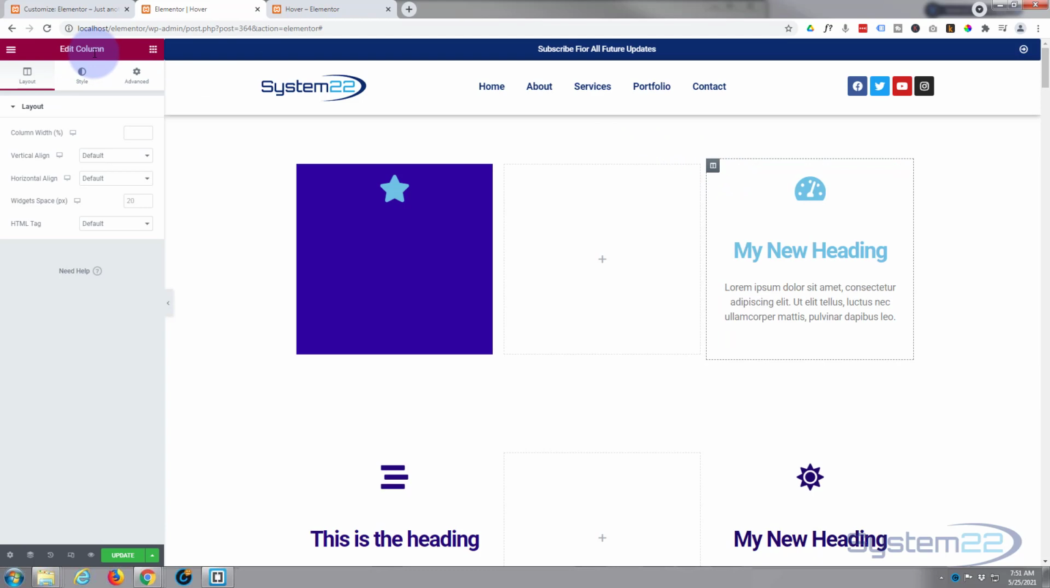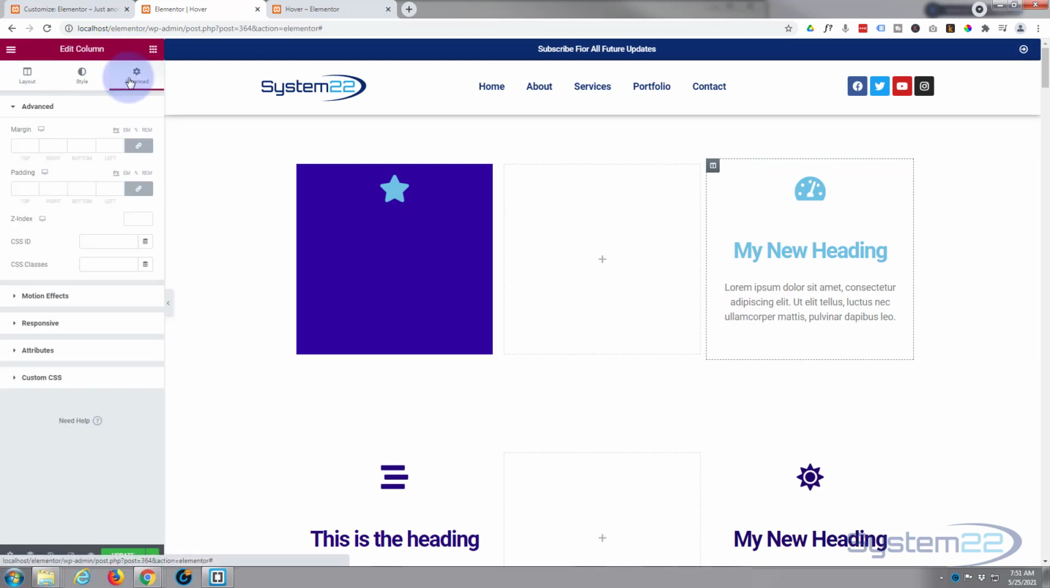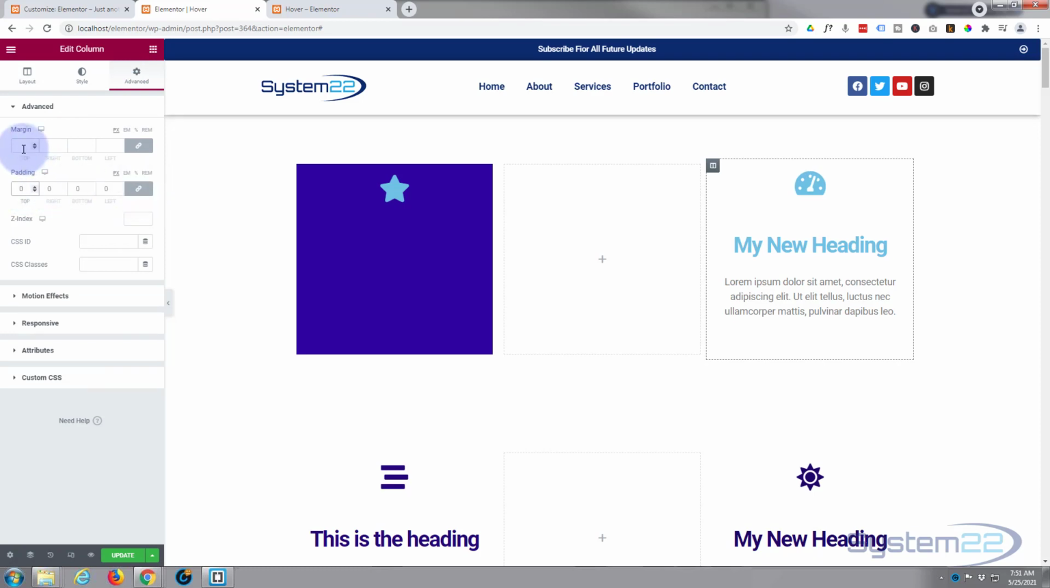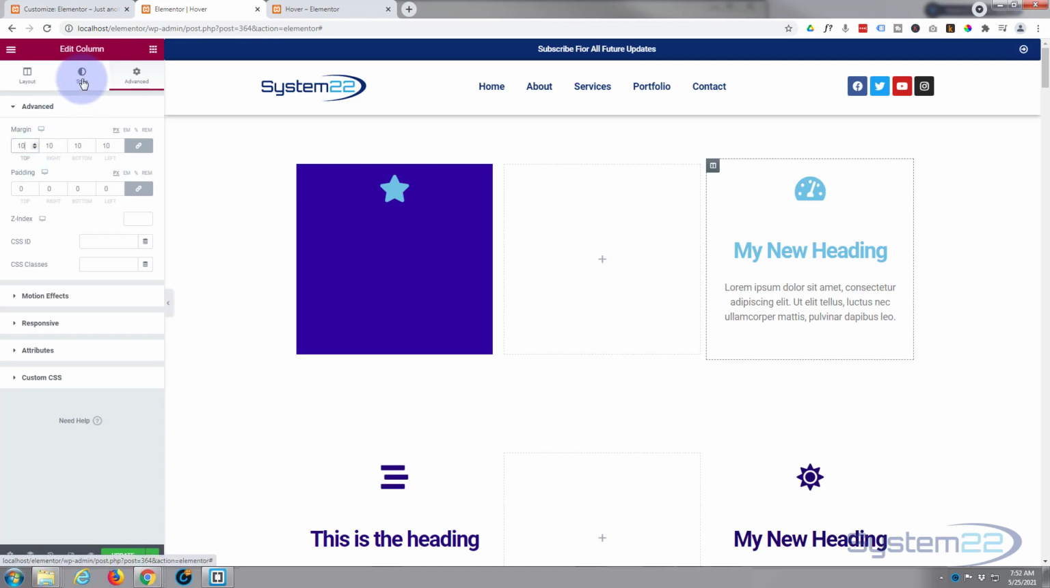As you can see up here, we're in the column. I'm going to go over to the advanced. I'm going to put a 0 in the padding. We've got the chain checked, so it'll do 4 of them at once. Great. Well, I'm just going to put 10 pixel margin all around, and that's back to how it was. Now I can give it a background color. So if we go to style,